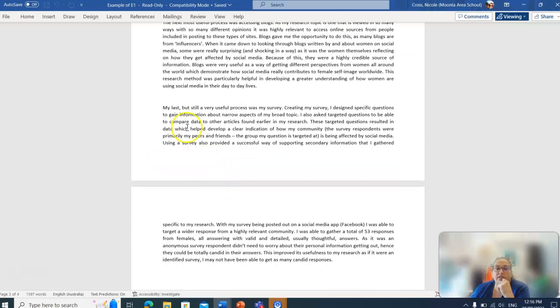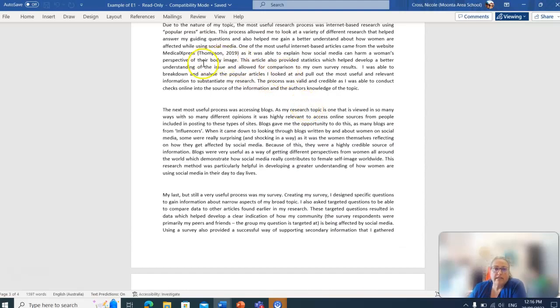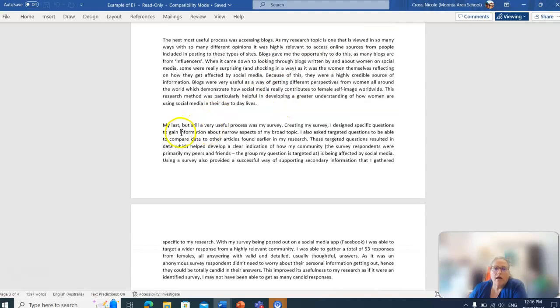My last but still a very useful process was my survey. Now, they mentioned their survey earlier on, where they said something about data being able to be checked against surveys. Can't see it up there, but it's in there somewhere. Anyway,